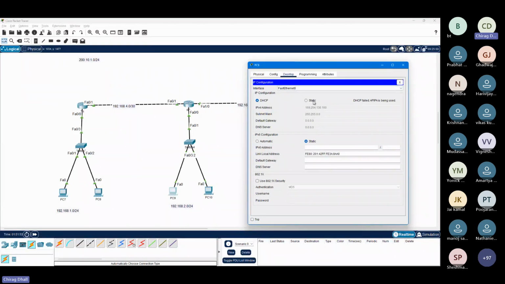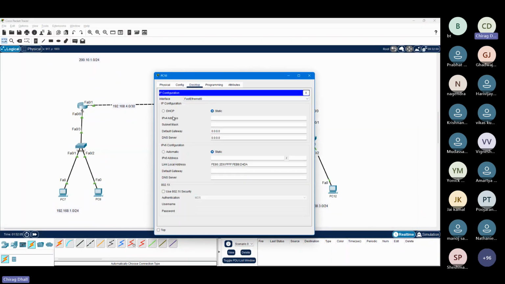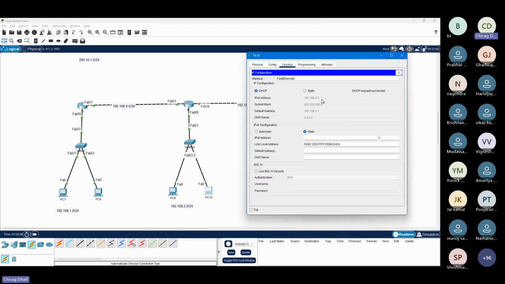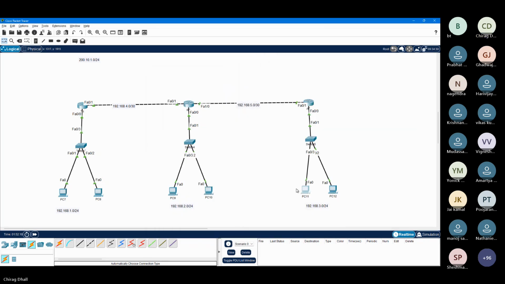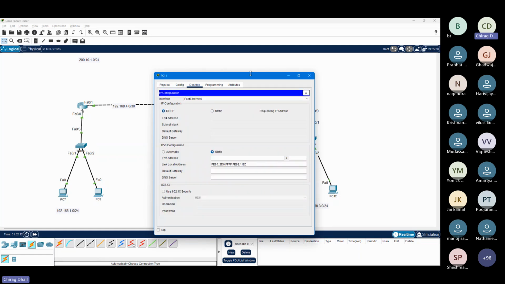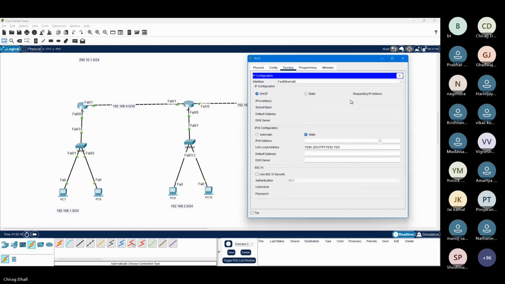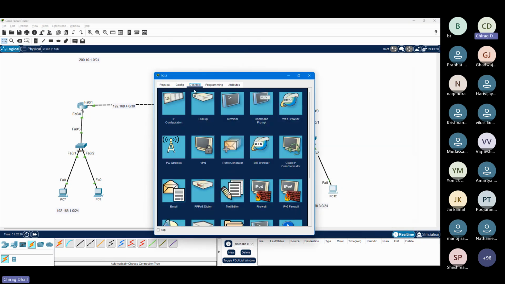Okay, so sometimes it might fail. You can retry. As we have just configured routing, it might take a little time. After I retried, we can see the IP got assigned. Next PC, PC10, desktop IP DHCP. There you go, we got the IP. PC11, desktop IP DHCP. It failed, but I'll try again. Because I'm making communication for the first time, it might fail the first time. So now it is up, the IP is assigned